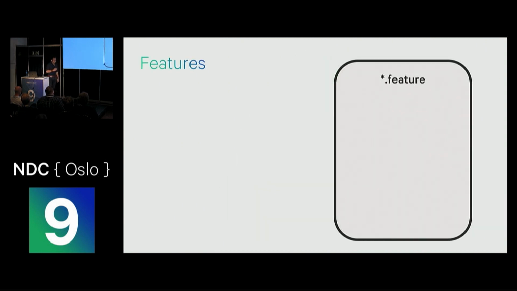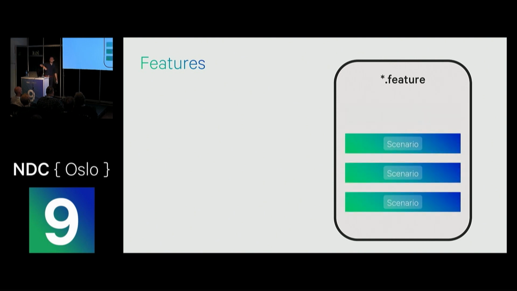The language, or the files that we're using today, are so-called feature files. They are plain text files, and they have the extension .feature. The awesome thing about feature files is, since they are plain text files, you don't have those lengthy Word documents that everybody loses, maybe reads once if you're lucky, and then forgets about and doesn't maintain. These feature files can be checked into your Git repo as well. So keeping everything, your source code together with your documentation, really lives up to making the product awesome.